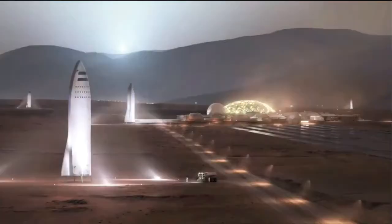You can do it, Elon. Thanks. I think that's quite